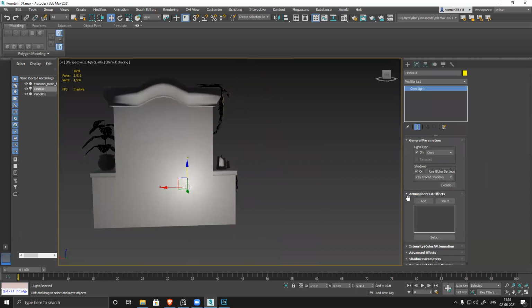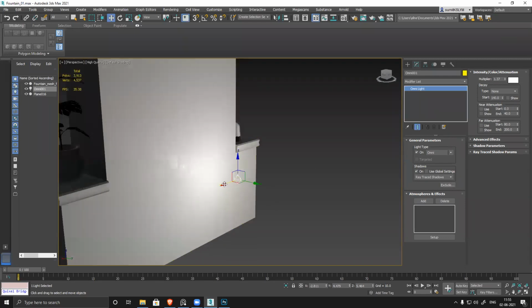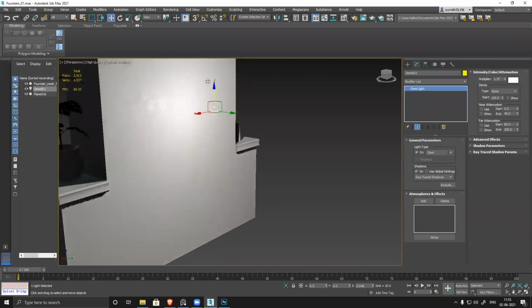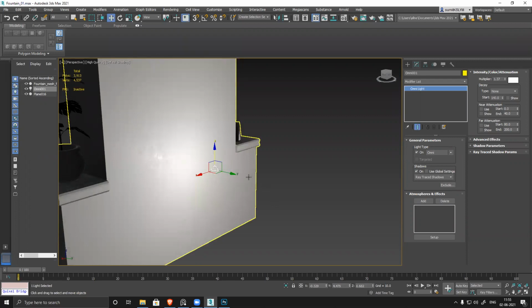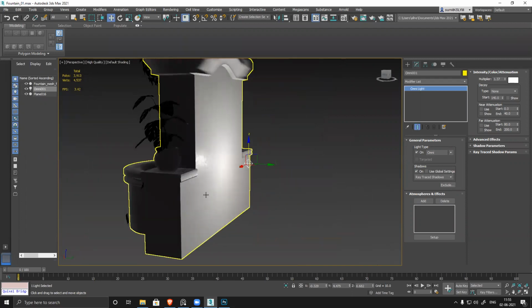If I increase the intensity and other things, you can see all the surface information and details. So like this, we'll modify everything and check. Each and every map you have to check separately and make sure it looks perfect.